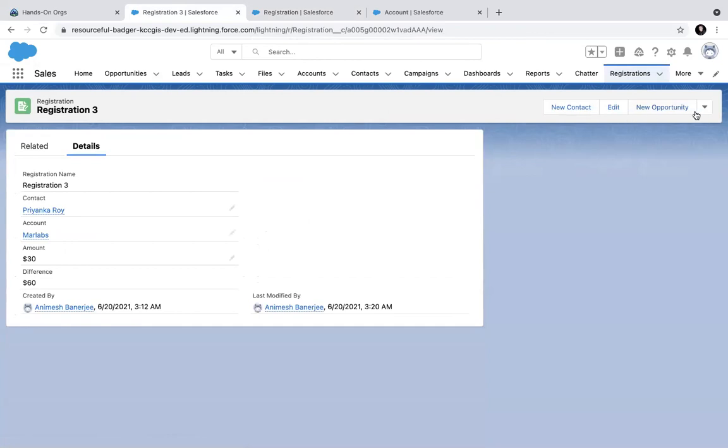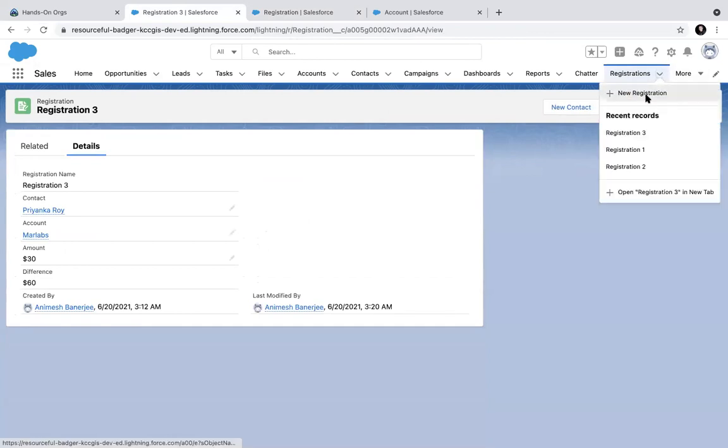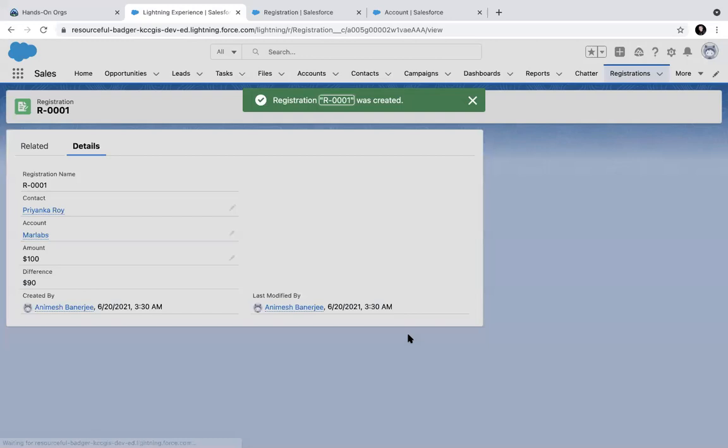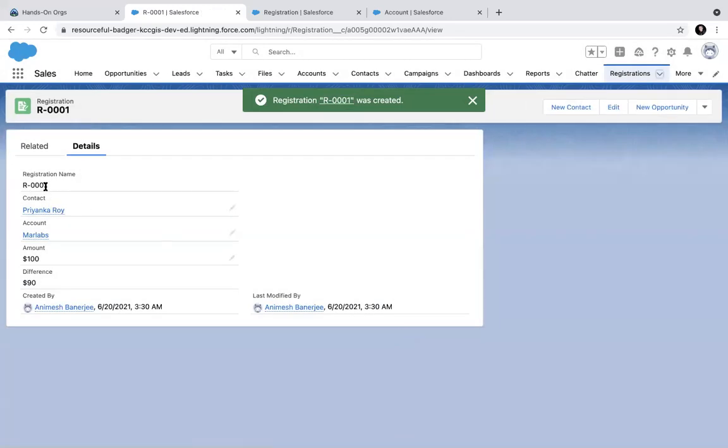If I go and create a new registration, you see the registration name is gone. It is no longer required. If I create now an amount of 100 and save it, now see, it started creating. Salesforce is automatically generating this for you.